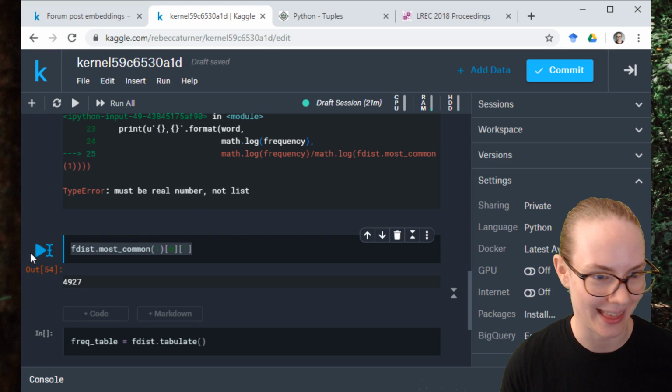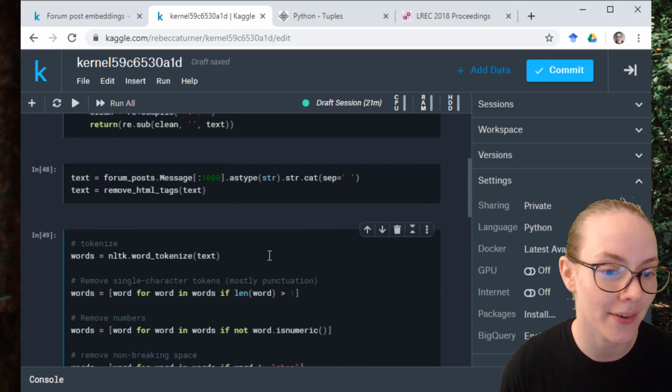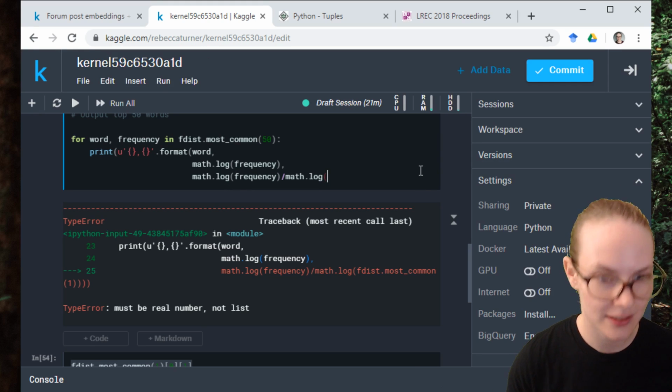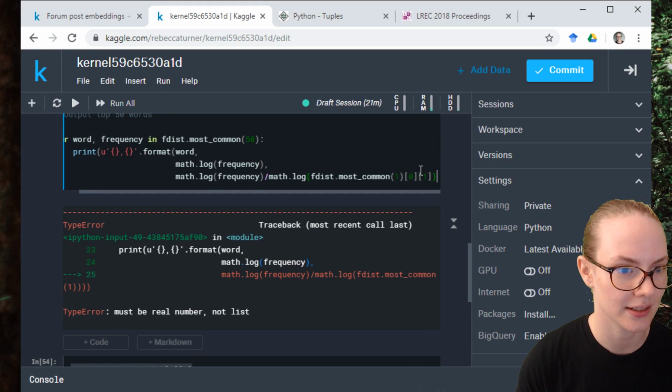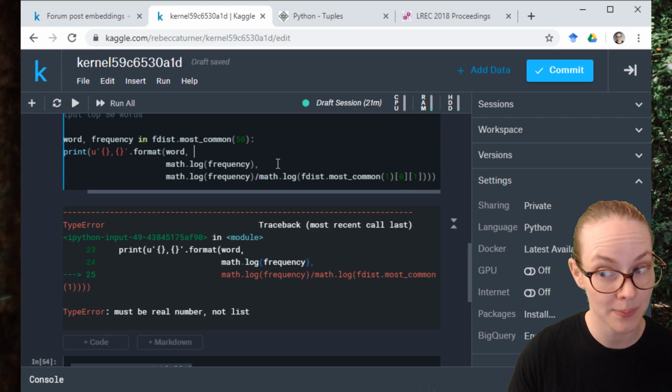Excellent. Okay, mystery solved. I'm getting better at recognizing what data types the different Python data types are,